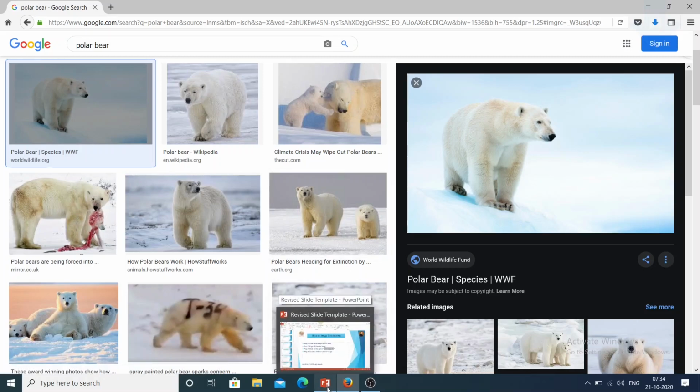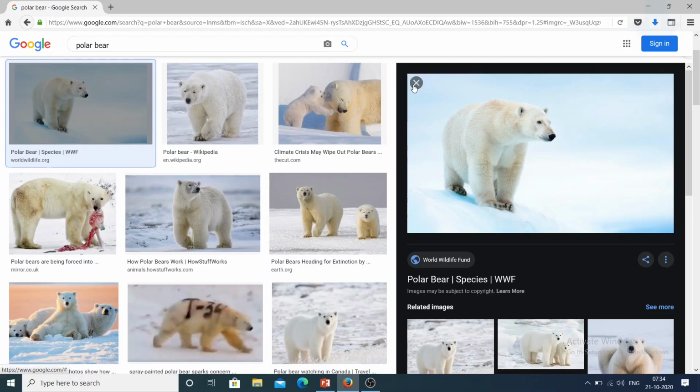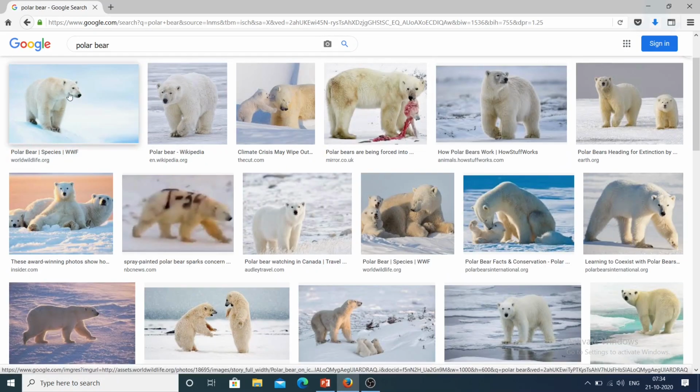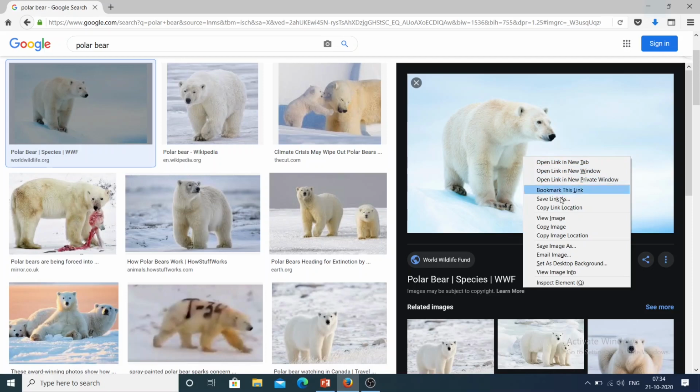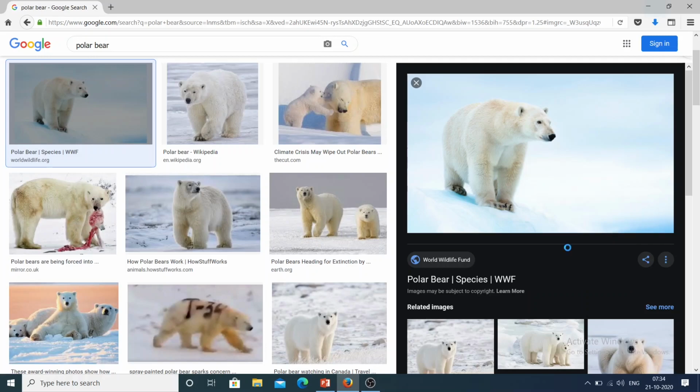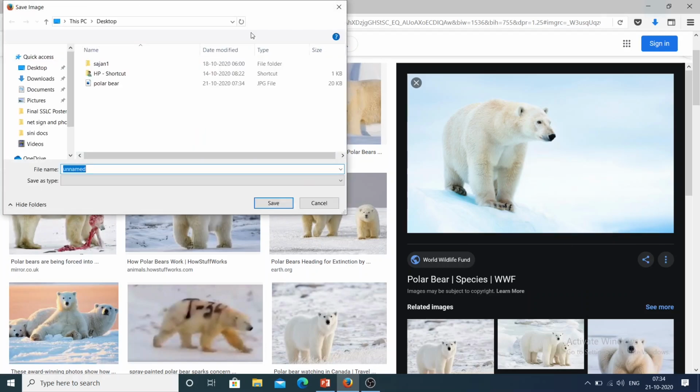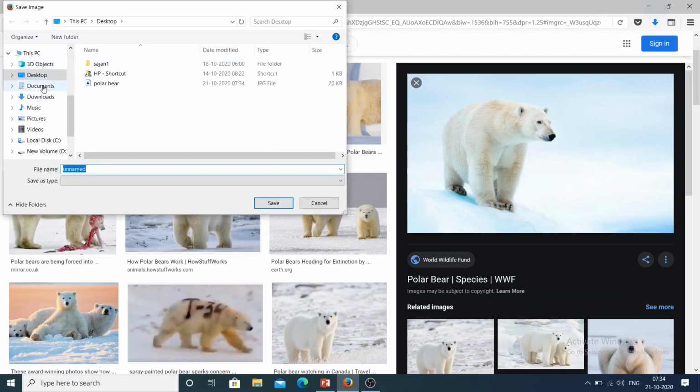So I repeat: click on the image which you need, left click, then it will be enlarged. Right click on the image and click on the option save image as. Then a window will be open like this. You can choose any folder, give a name and click on save button.